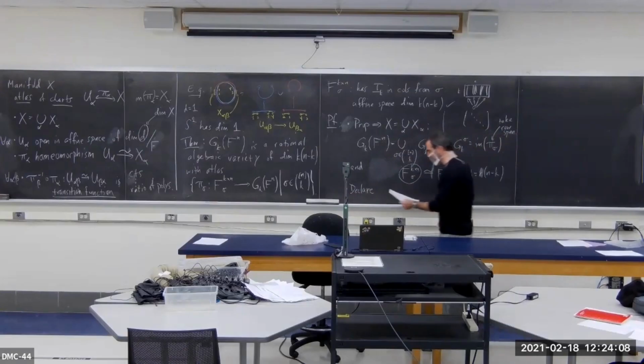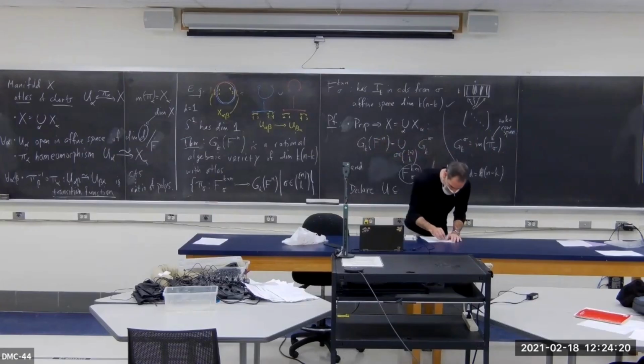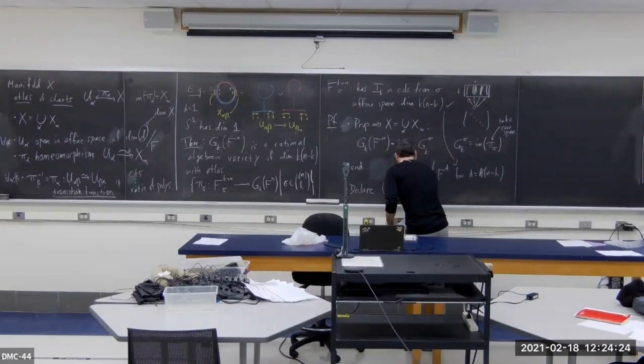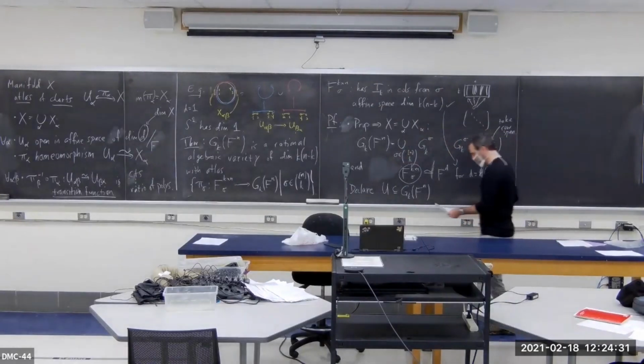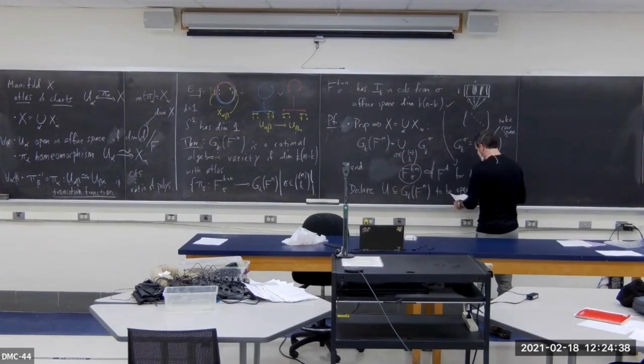So I'm simply going to declare a subset U inside of, okay, there's an L that shouldn't be there in the notes, inside of the Grassmannian G_k(F^n), it says GL_k of F^n, which is not what I meant clearly, to be open, if and only if